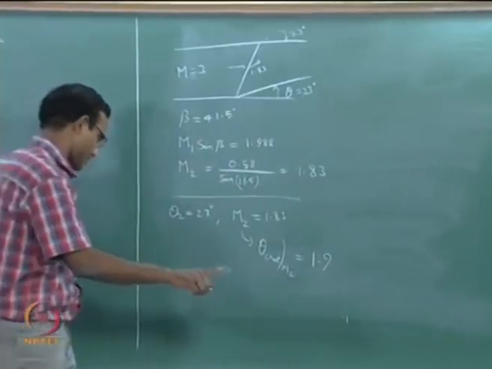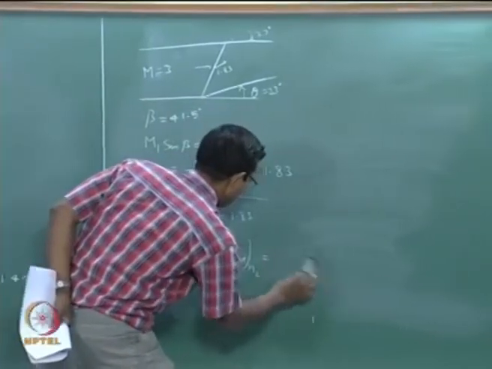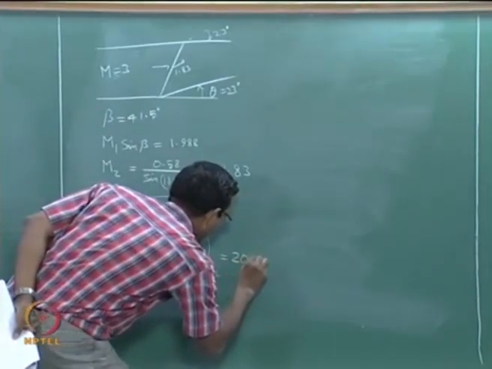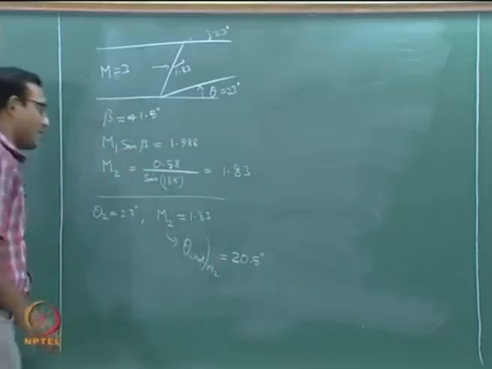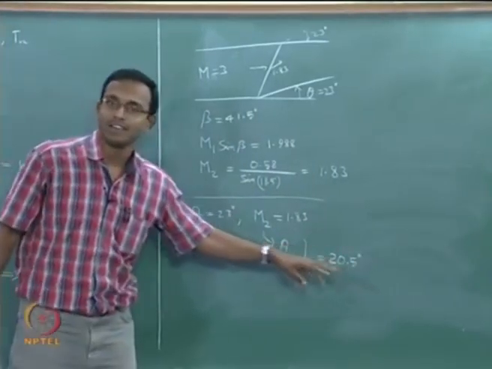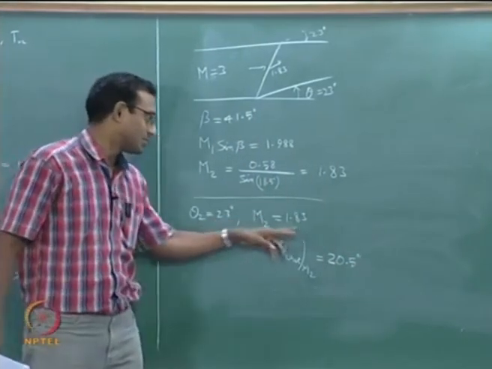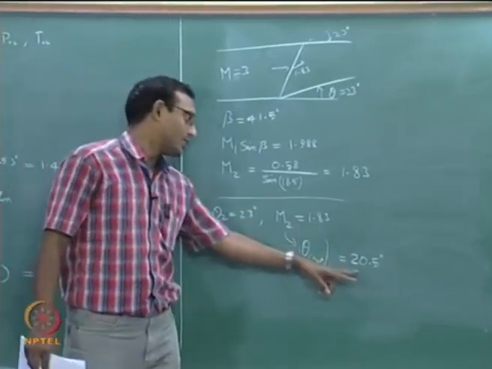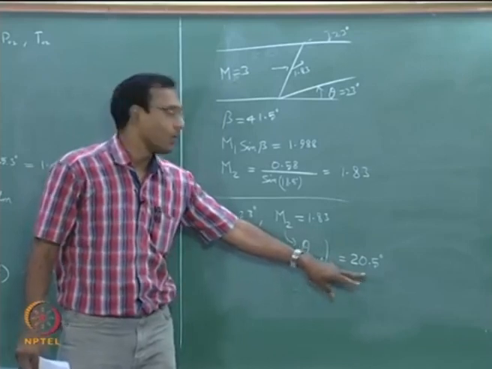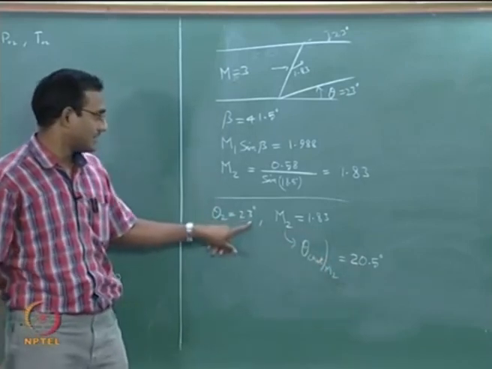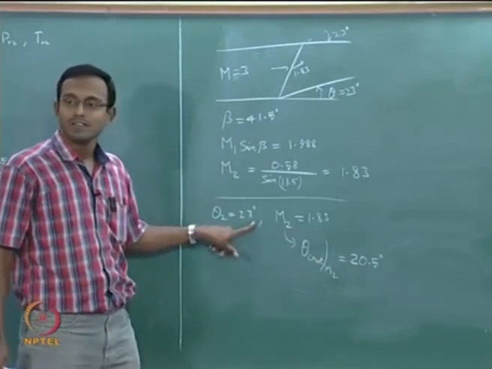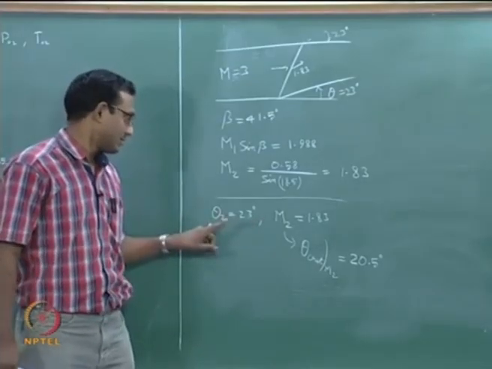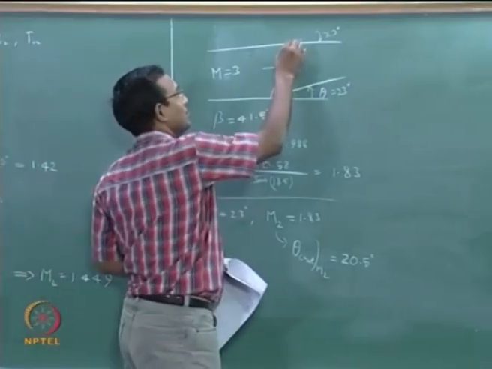Sorry, 1.9 is the Mach number; the critical angle is of the order of 20.5 degrees or so. Okay. For this case, 1.9 is your Mach number from which I got this data, 20.5 or so roughly the angle. Okay. Because of that, now I am not going to have this angle deflection ever possible using an attached shock. Okay. If this is happening, then I should have a bow shock here